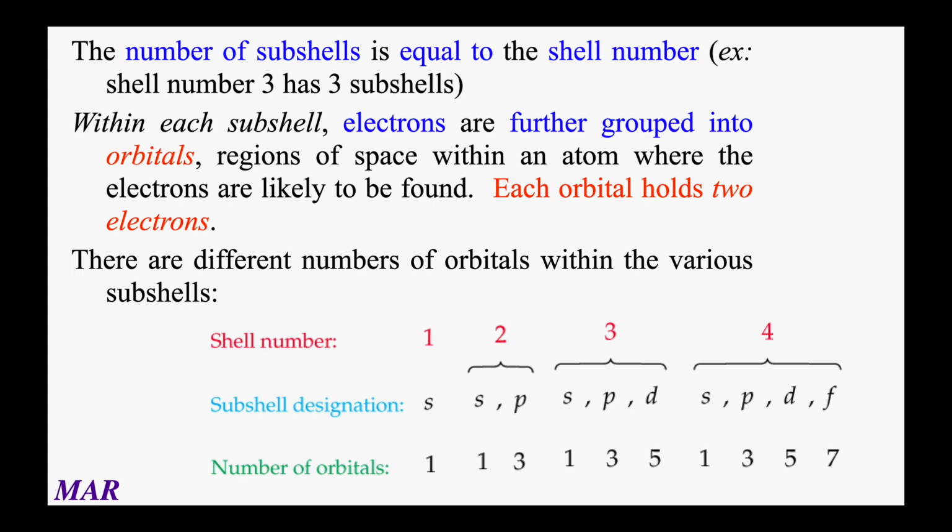Every time there's a P, there's 3 orbitals. D would have 5. Notice the patterns here, 1, 3, 5. F, the next one, would have 7. And even though I said I wasn't going to mention it again, the G would have 9. Patterns exist all over the place in quantum chemistry. Now, we're just going to look at the simpler ones here, but hopefully you're seeing some of the things that